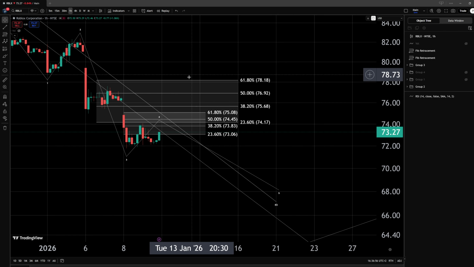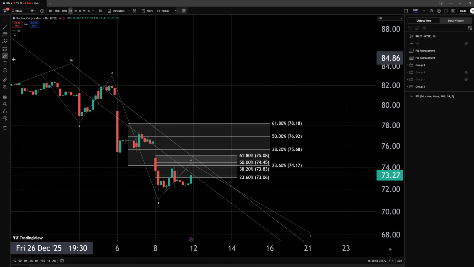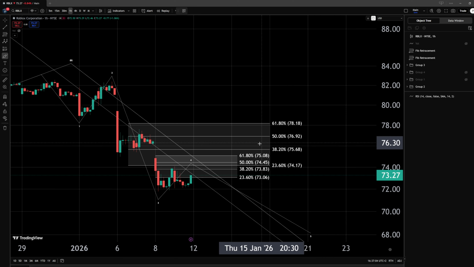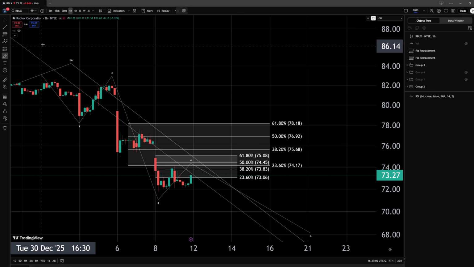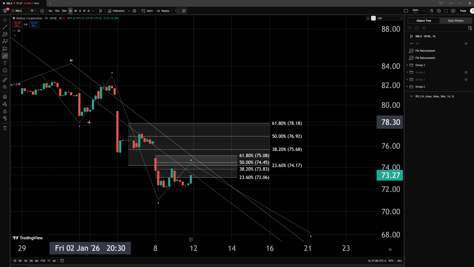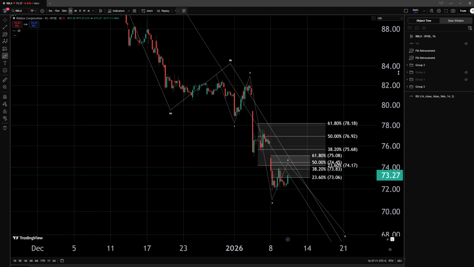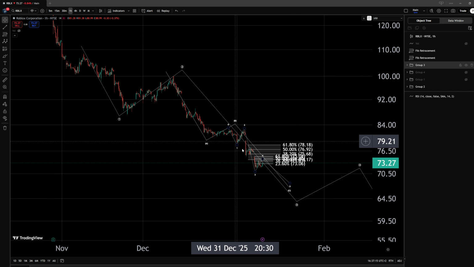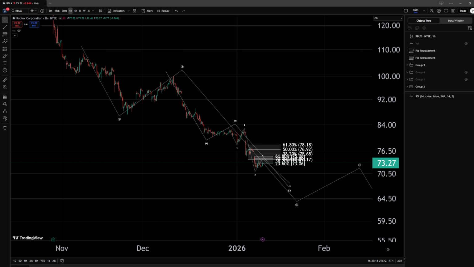Now, if we manage to actually break this level of resistance, we can discuss some more interesting ideas, but for now, I'm still looking for lower. I would need a signal that this structure may have formed a bottom or may form a bottom sooner rather than later, maybe within a different count, because other counts are possible, but there is no reason to believe that this cannot extend to quite significant degrees lower. And for now, these are the levels, this is the trade setup.